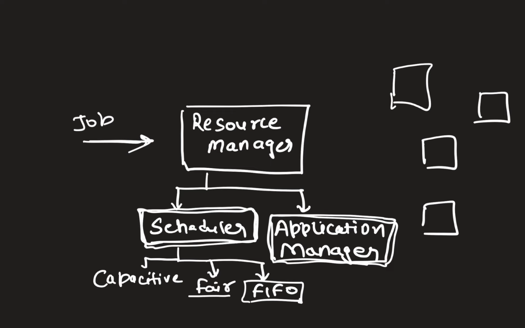Fair scheduler is, you can think of at a high level that it gives a chance to all the jobs in a fair way for the execution. So all the jobs are given fair chance for execution in terms of resource allocation. And capacitive is something where you give some fixed resources to your jobs. So this is the difference at a high level: fixed resources versus all being given a fair chance versus first in first out approach.